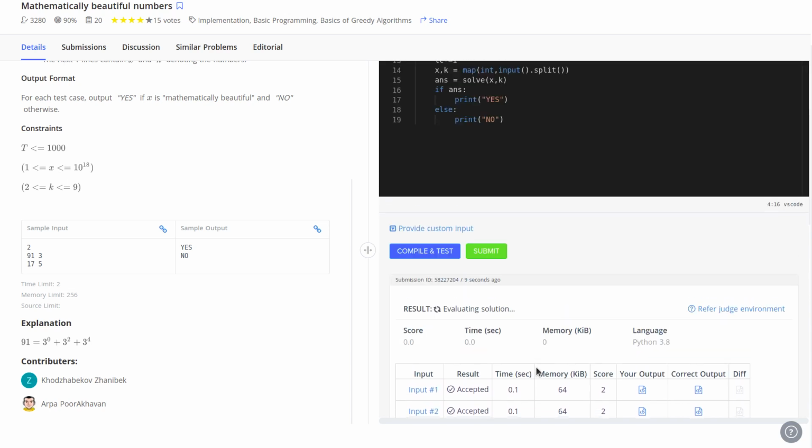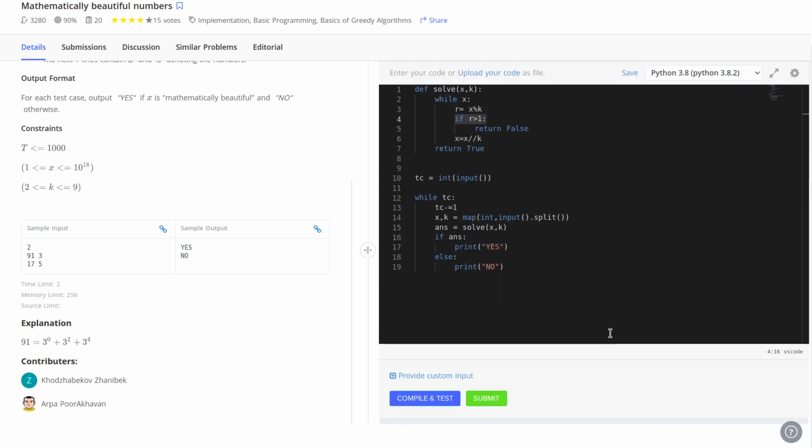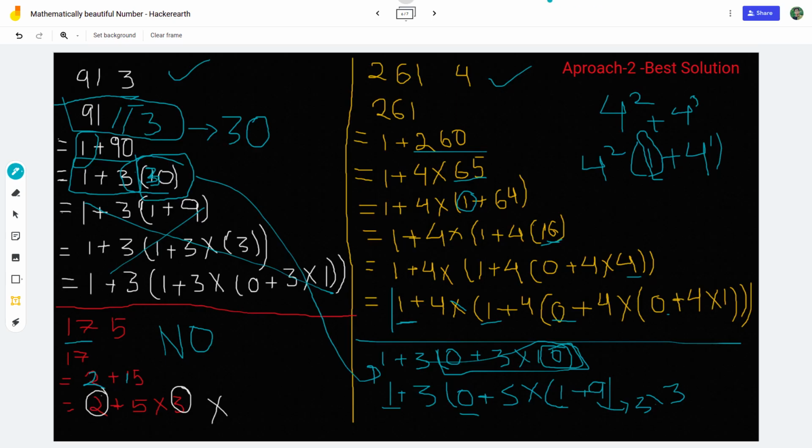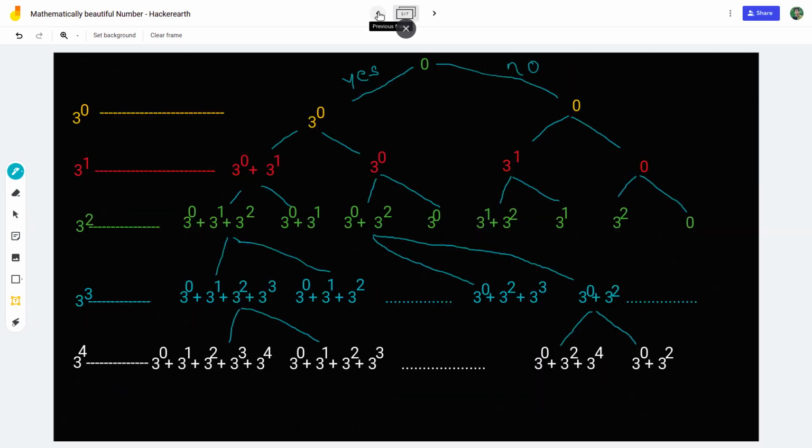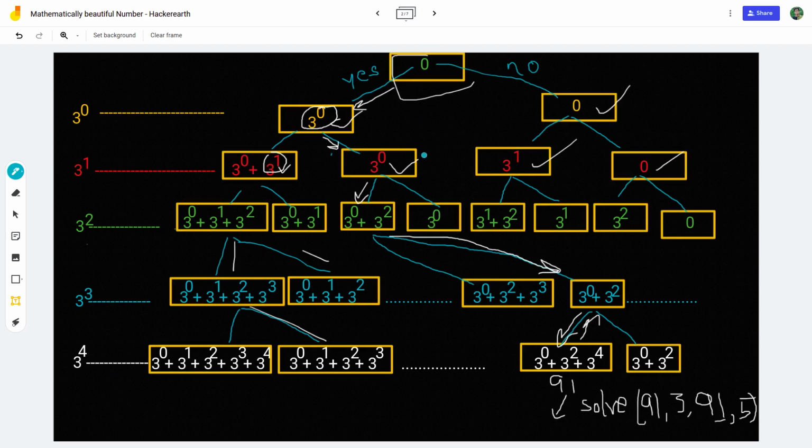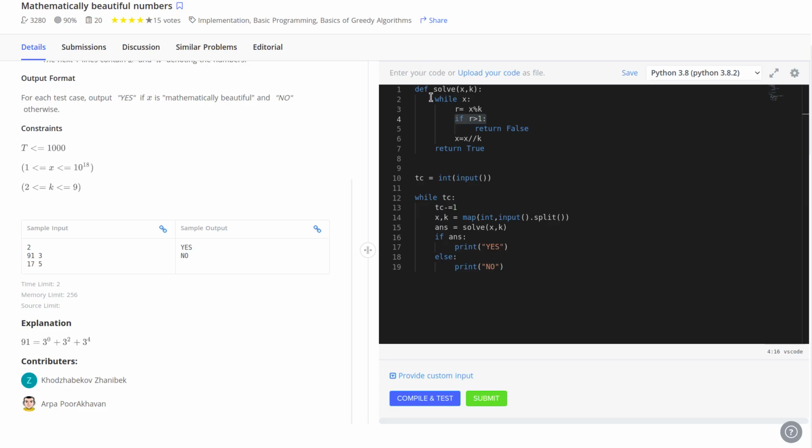So what was our time complexity of brute force? It was of order 2 to the power n. Why 2 to the power n? You can see here we are doing branches, for every case we are doing two parts. But in this case we are just iterating and returning, so it is order of n.